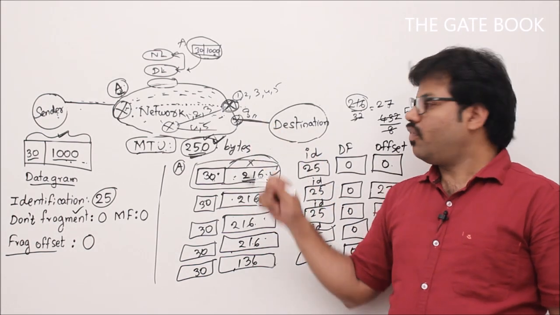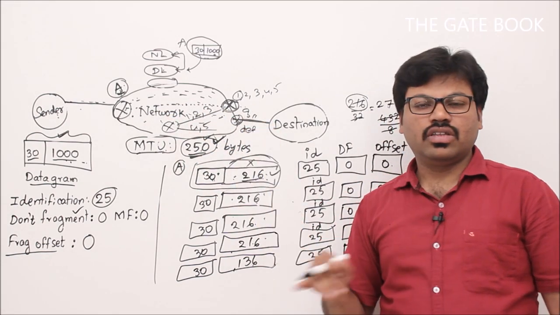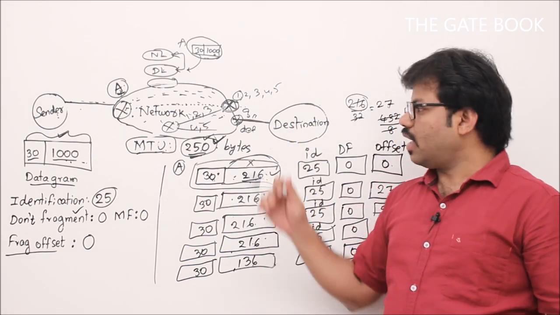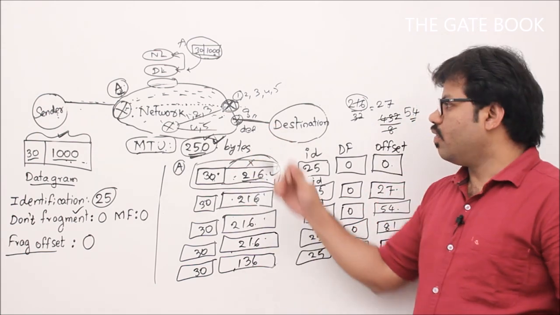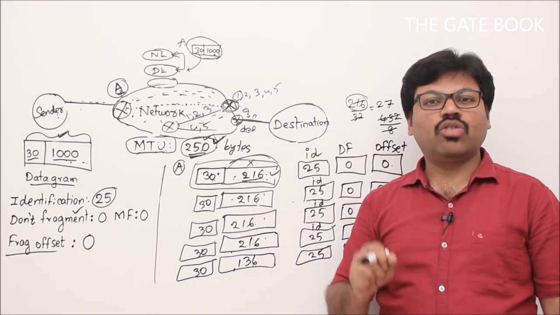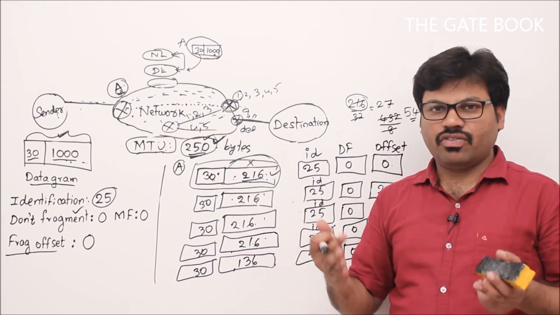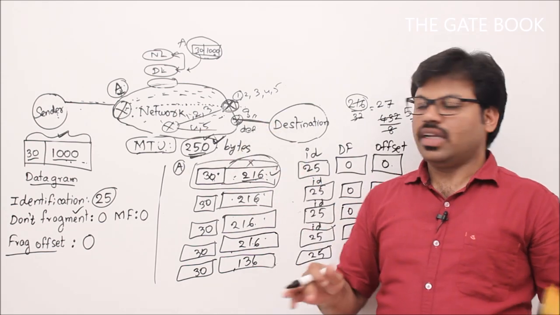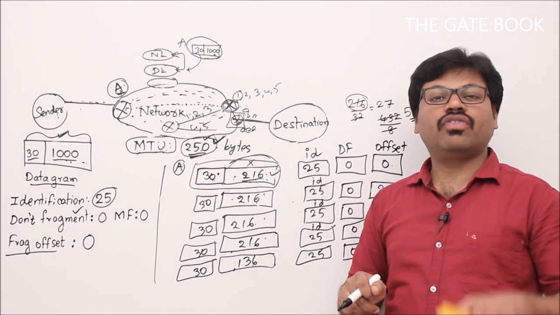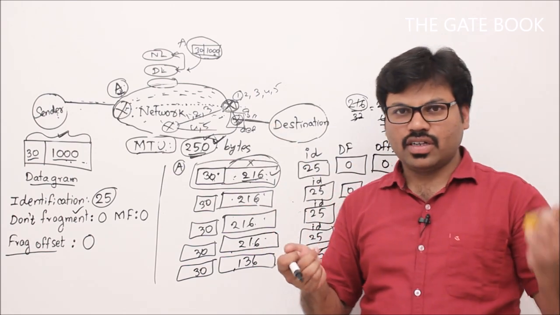Because if this router, which is the last router in this network, is doing defragmentation, then problem number one this router is going to face: it doesn't know when they are going to come, right? It unnecessarily makes things slow, right? First of all, to do defragmentation, all the fragments should come to this router. For that, unnecessarily that router has to buffer them. So what can happen? One fragment may come very fast, and another fragment comes very slow. Then up to that time, all the fragments have to be buffered, correct? We have to wait for the last fragment. That is the problem. Second thing, once you do fragmentation after a lot of effort,